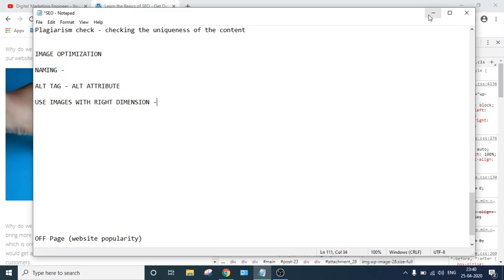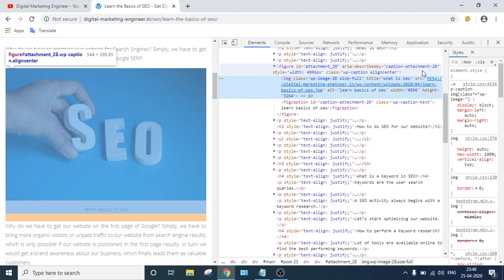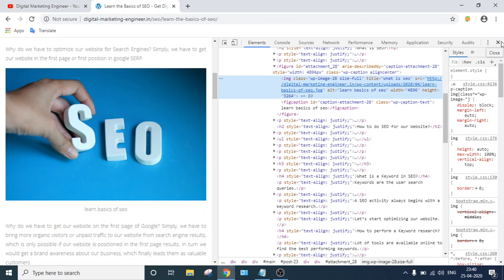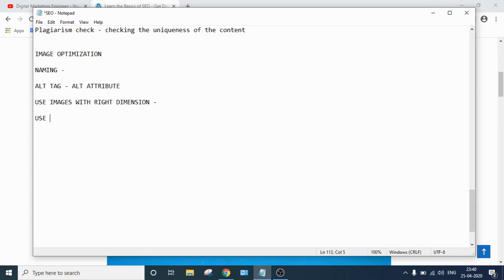And finally, the most important thing is that image optimization is all about reducing the file size of your images. So use less file size images.